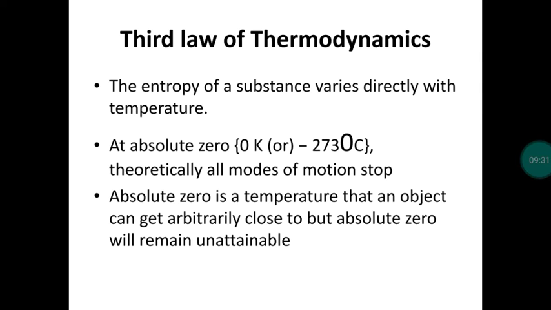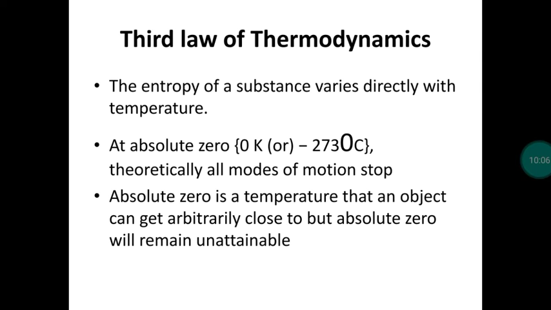Second law of thermodynamics predicts feasibility of the process, and we have calculated the efficiency of a machine, how heat energy is converted into work. 100% efficiency of a heat engine cannot be achieved without doing some changes in the system. So we introduced the term entropy as well as free energy. With the help of entropy and free energy as well as enthalpy, we can predict the feasible and spontaneous process. The third law of thermodynamics deals with absolute entropy value.